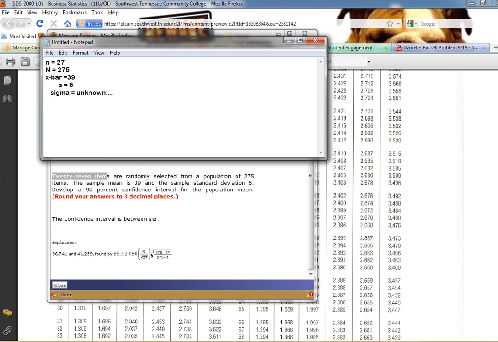Now, what's the significance of this? The significance of not knowing sigma, which is the population standard deviation, is that we're going to use the T table, not the Z table, which actually most students prefer. It's maybe a little bit easier. Now, they want us to develop a 95% confidence level, or I'm just going to say a 0.95 confidence interval